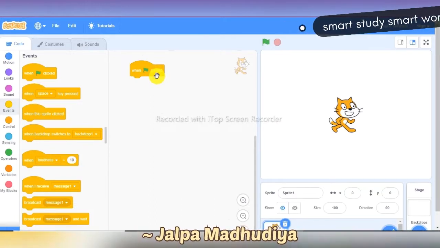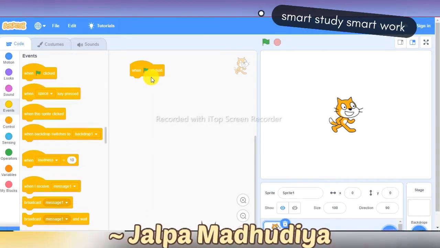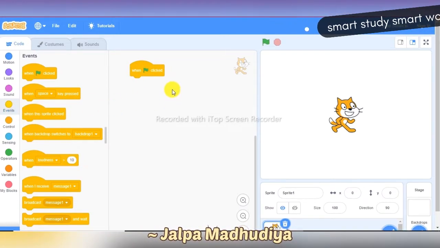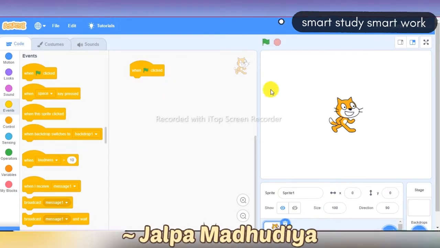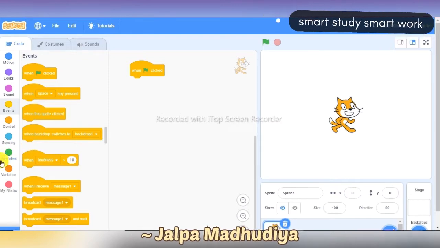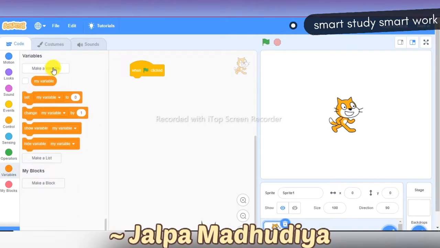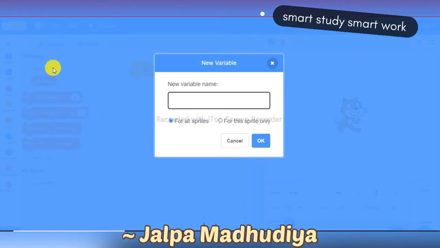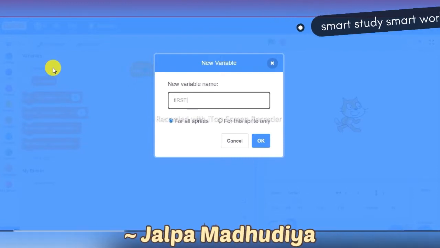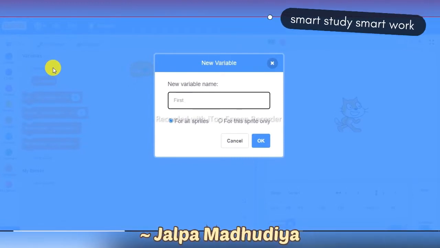In the Scratch application, we are taking the block when green flag clicked from the events block. Now to make the calculator, we need three variables. So first of all, click on the variable block and make a variable. First variable is first number.